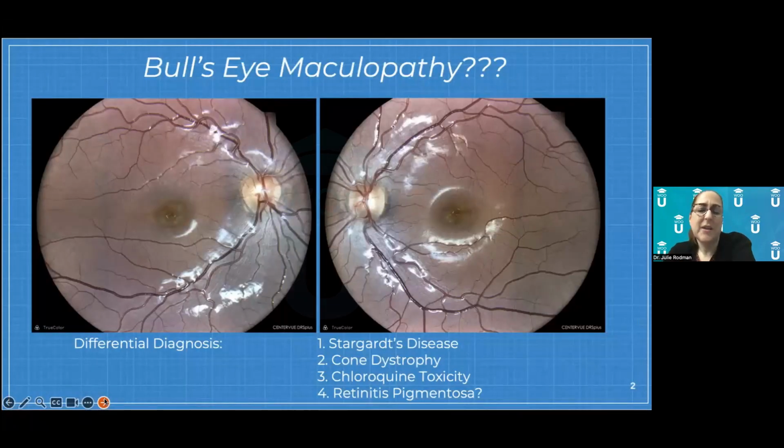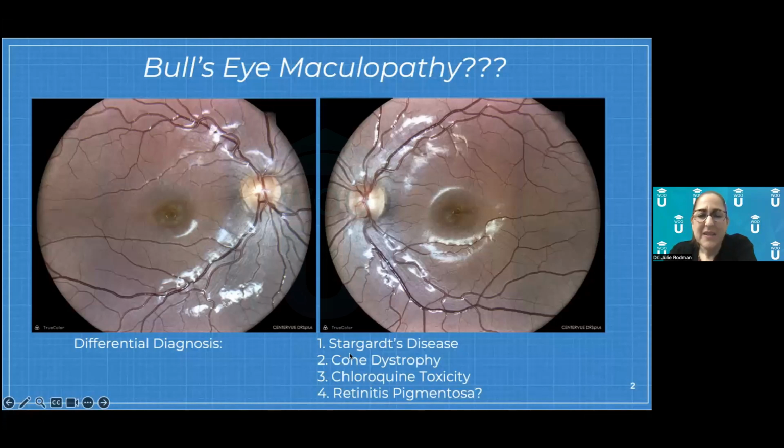So some of the things that you should think about if you see this type of appearance in a younger individual. Stargardt's. I mean, in Stargardt's, we get a beaten bronze kind of look in the macula with sometimes pisciform flecks. So this wasn't perfect for Stargardt's, but something to think about. Cone dystrophy, definitely. Cone dystrophy is high on the list because it presents with a bullseye maculopathy, and patients are going to have poor color vision because their cones are affected. Chloroquine or hydroxychloroquine toxicity, which we know is Plaquenil. This patient was not on Plaquenil and certainly, not the best diagnosis. RP, not really a great diagnosis either, but sometimes if you have reverse RP, the macula can look this way and the rest of the eye looks actually decent.